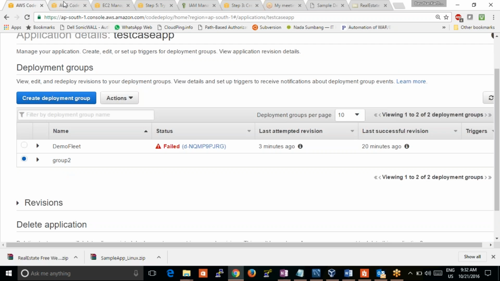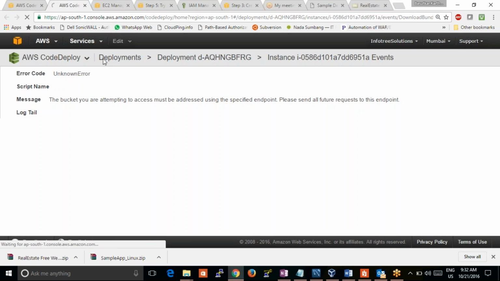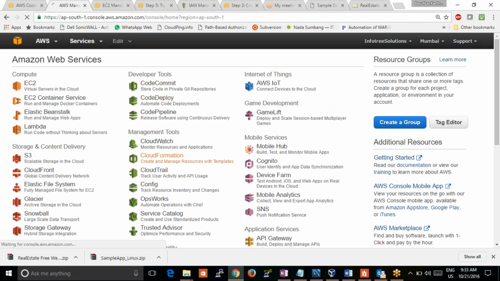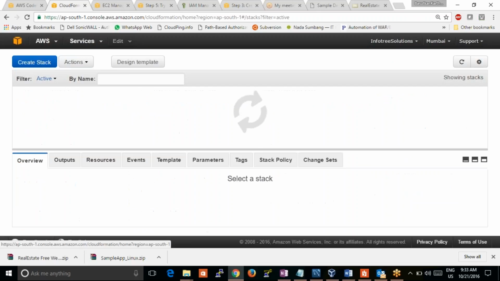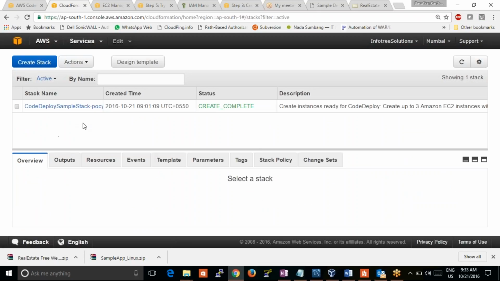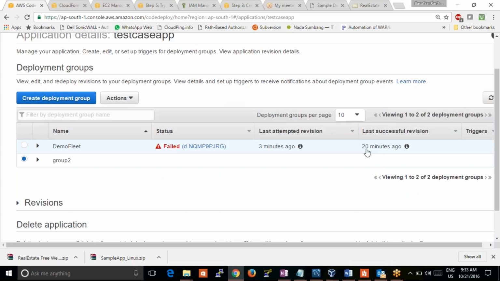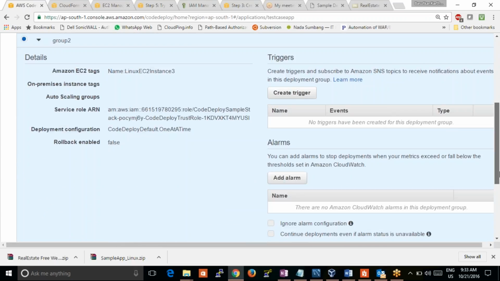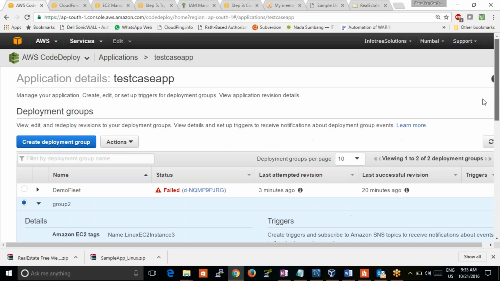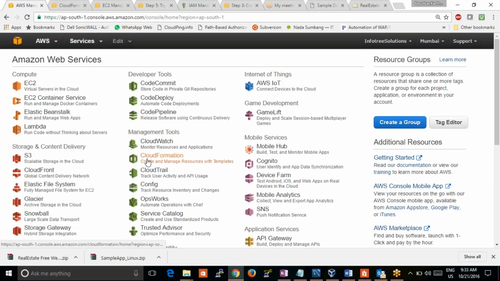We created the new Group 2, right? We will see this CloudFormation and add instances from there. Go to CloudFormation. That's the deployment group, right? So we'll leave it this way. What we'll do, we'll create a new one. Let's keep all this aside. We'll go with CodeDeploy